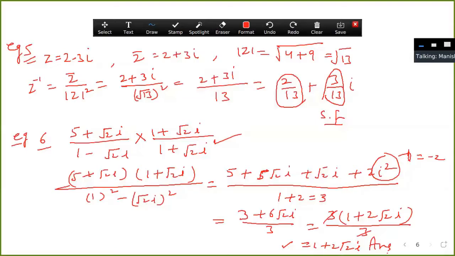For exercise 5.3, I just want to tell you, as you know how to apply the quadratic formula, the same way you have to solve the questions of exercise 5.3. The previous lecture is for exercise 5.1. Now this is a lecture for exercise 5.3. As you know, what is the quadratic formula? The same formula you have to apply here to find the solution or roots of the equation.